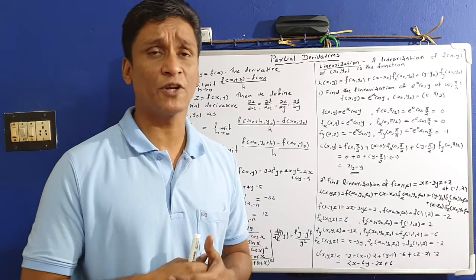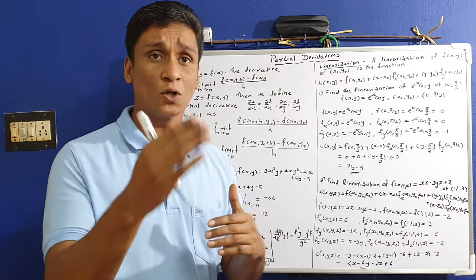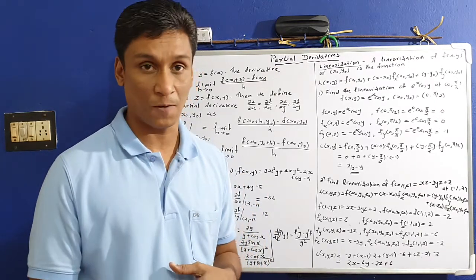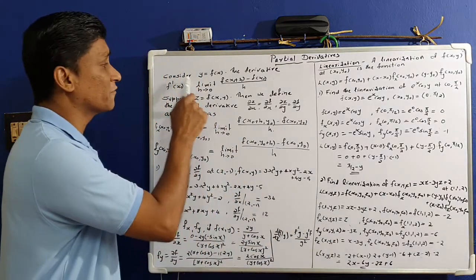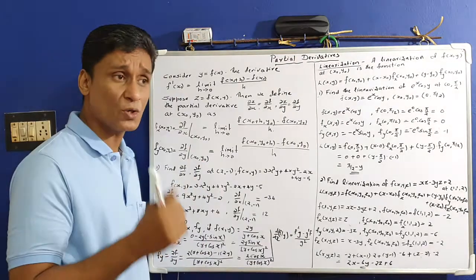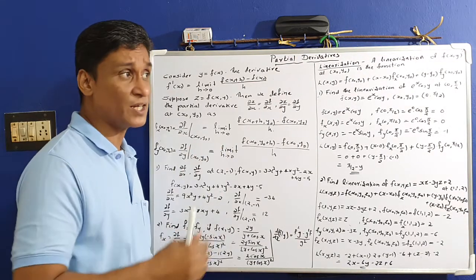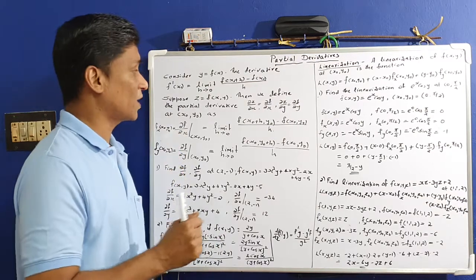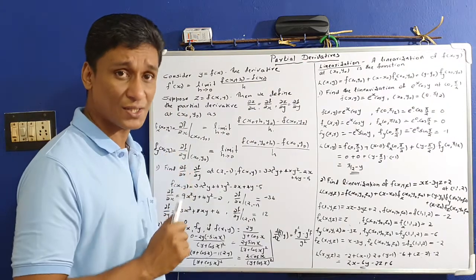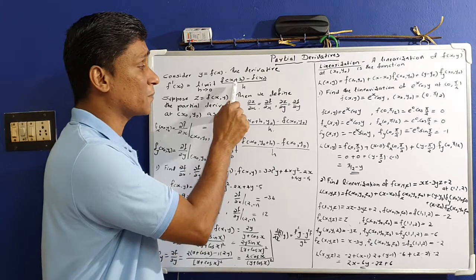Now, before going to the definition of differential of a function of two variables, I just want to remind you about the definition of differential of a single variable. Consider the function y equal to f of x. The derivative of f of x is usually denoted as dy by dx or f dash x, and it is defined in terms of a limit: f dash of x naught, the derivative of f of x at x naught, equals the limit as h tends to 0 of f of x naught plus h minus